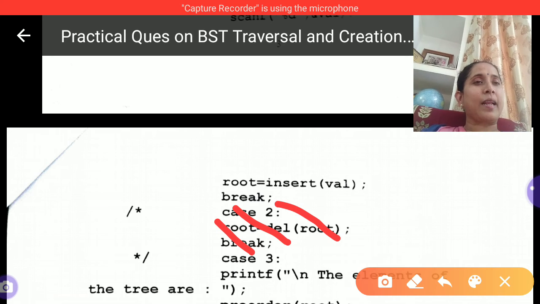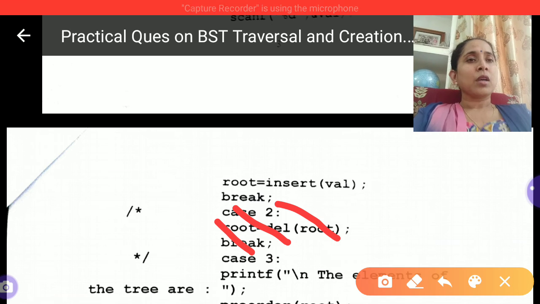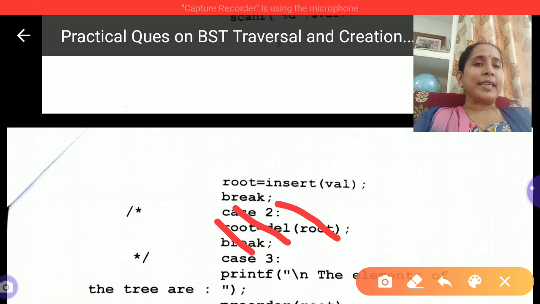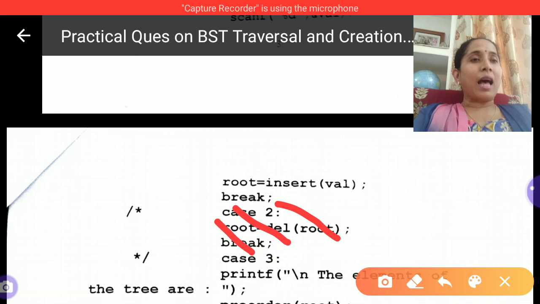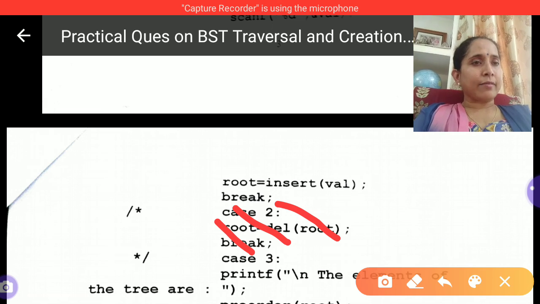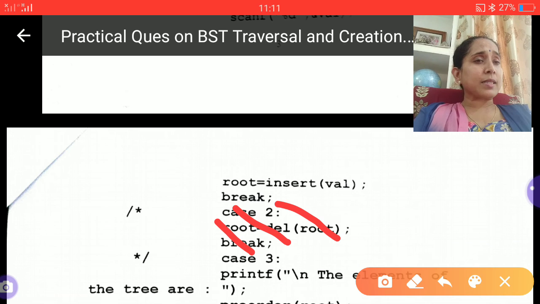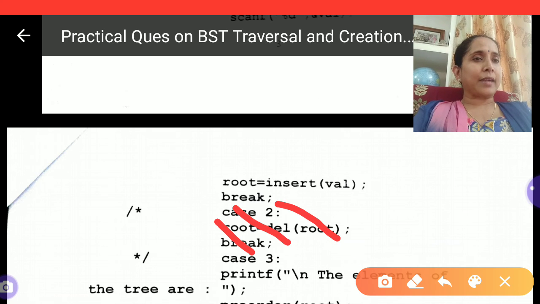I hope things would be clear. I'm sharing a PDF of the same video lecture that I have used. Okay. And I would like each one of you to make a note of this program in your practical files, after you have completed your programs on stacks and queues. We started with arrays, then we did linked lists, then we did programs on stack and then queue. After stack and queue, the next program in your list is on trees, the tree traversal and the creation of binary search tree. So please make a note of this program in your practical file.